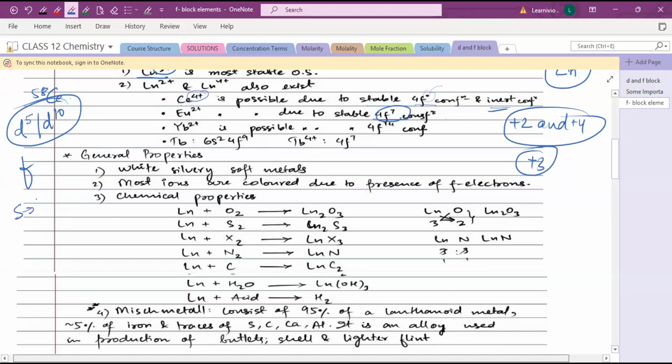For s, there are 2 electrons. For p, there are 6 electrons. That's why you write 1s2, 2s2, 2p6. Why you don't